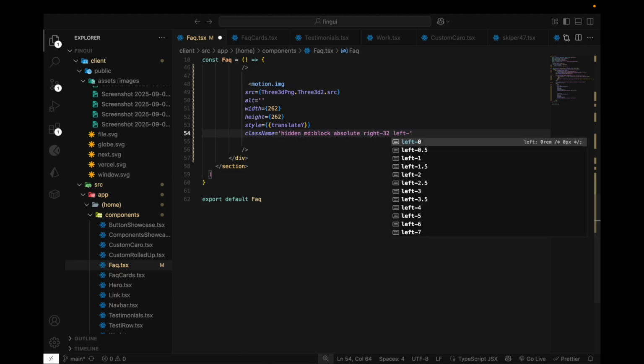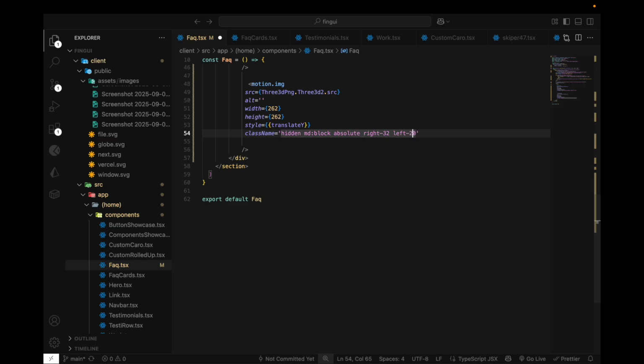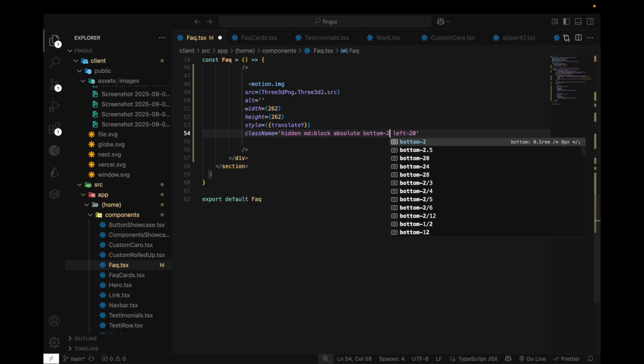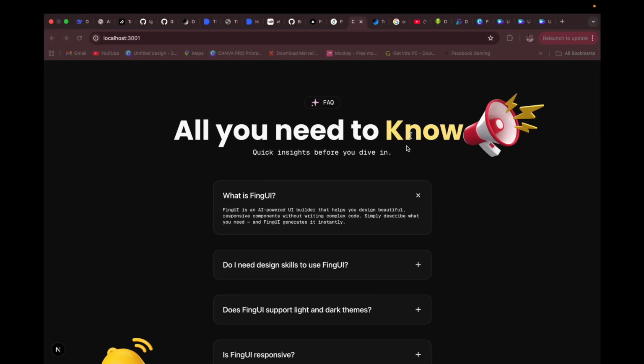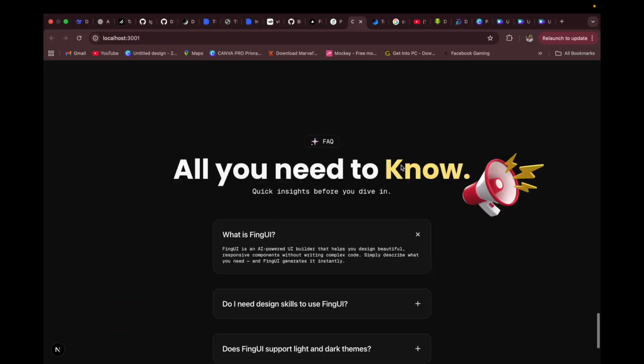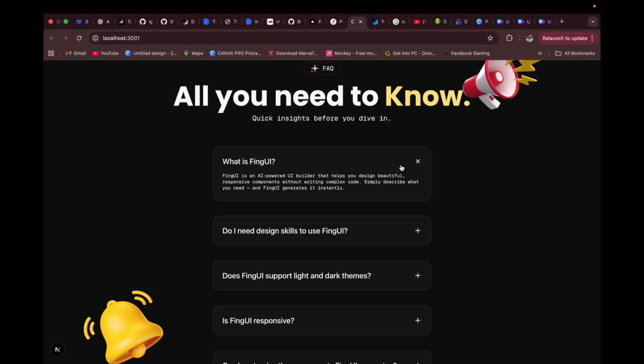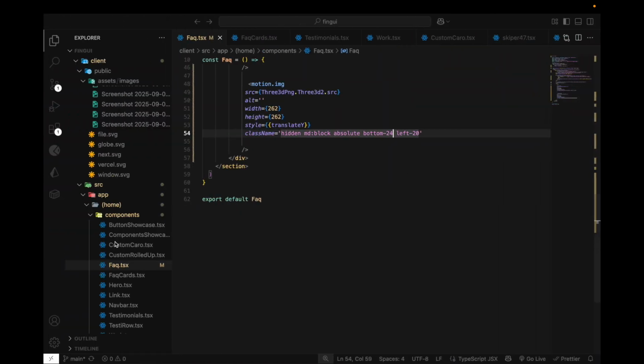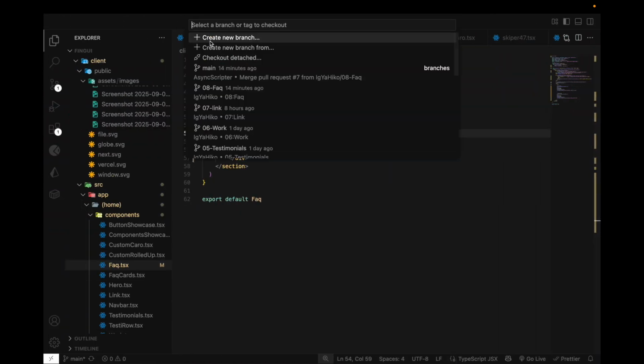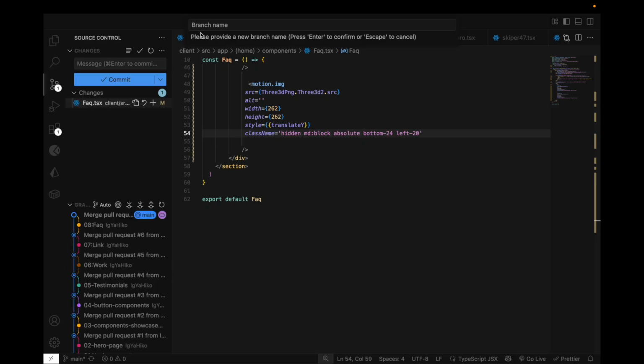This should be left 20, and from the bottom, this is 24. Okay, you can look at that. Let's see the parallax effect. This looks so cool. Okay, so go back to your project and it's time to push your code,